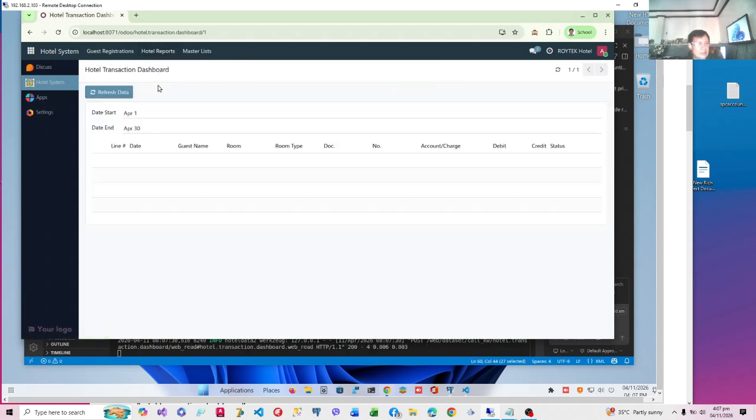So there it is. Now the form view above asks for date start and date end, to list down the transactions given this period. This is saved in a model that will store one record per user. And then we will call refresh data.